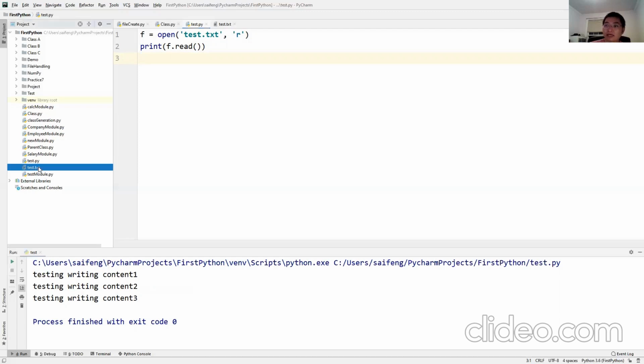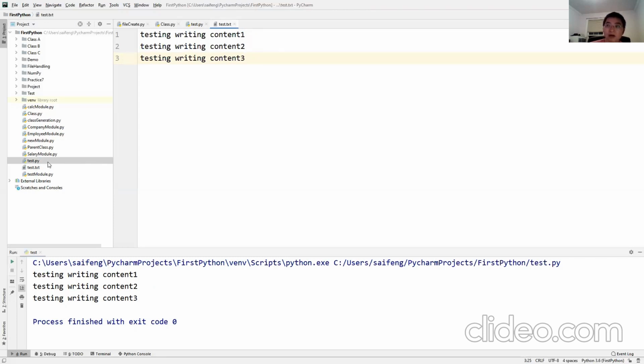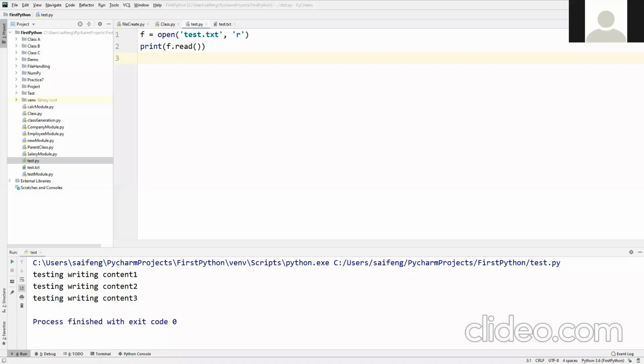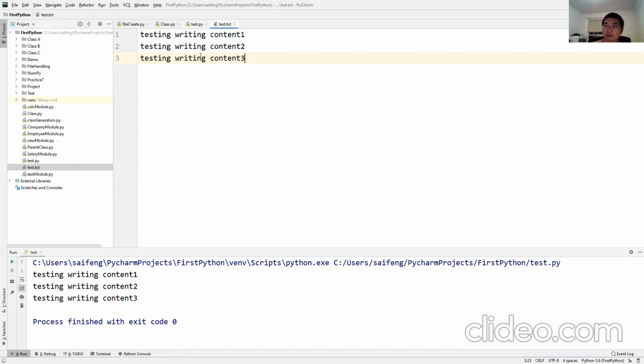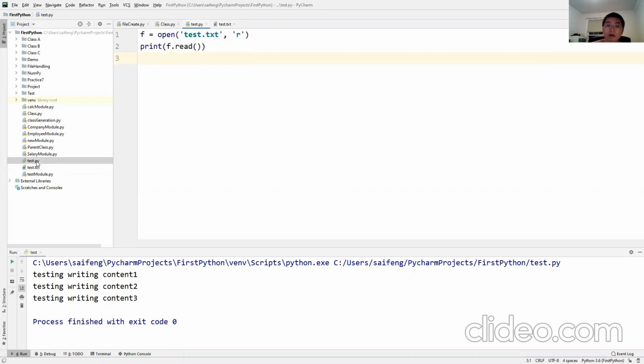By the way, we may have to restart the meeting. I have a test.txt, it has 3 lines in the file. Now I want to use code to clone the file, which means create a new file and copy the content over.